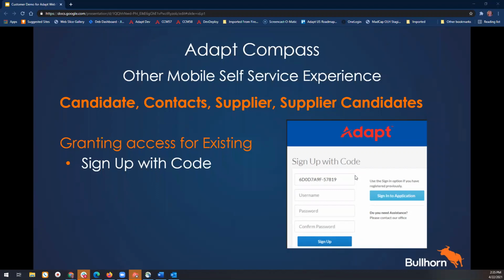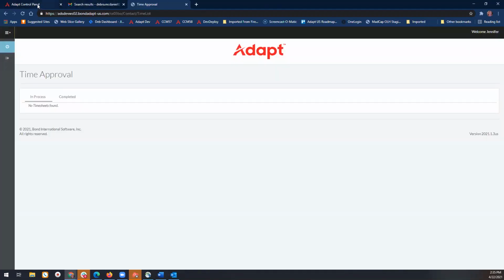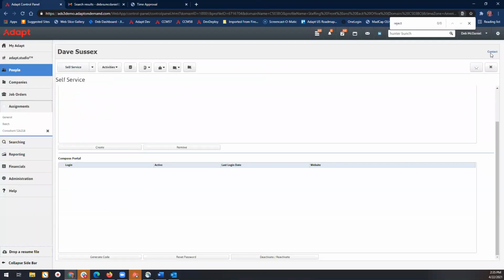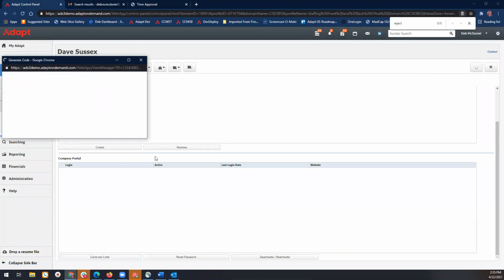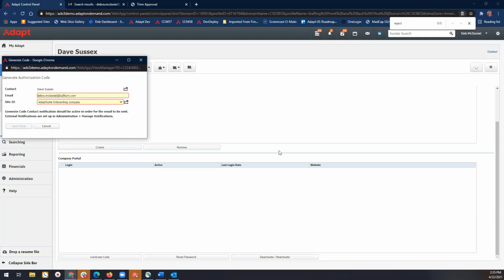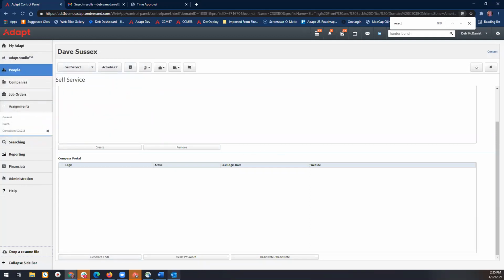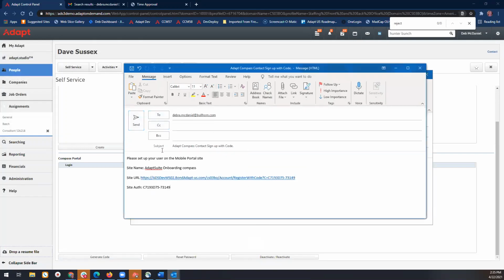And I was going to show you this as well. So basically in the application, I'm on a contact now, so I would go to the self-service and I would just say generate code. I say to send the email, and it will pull up that email. And again, this notification is customizable with those merge fields. But what this would do is once they click this,